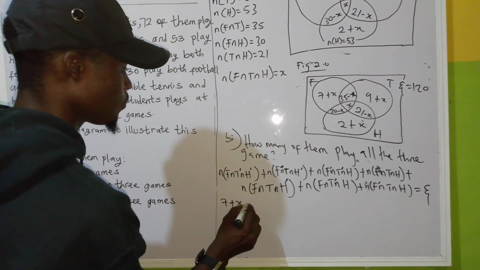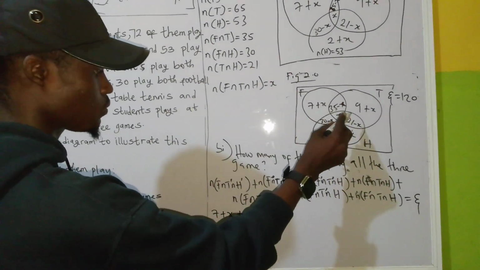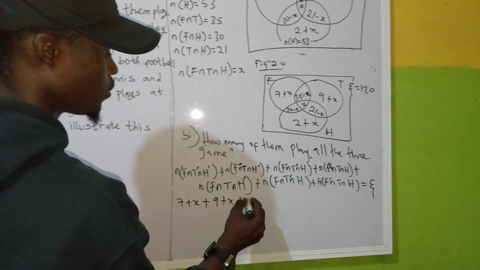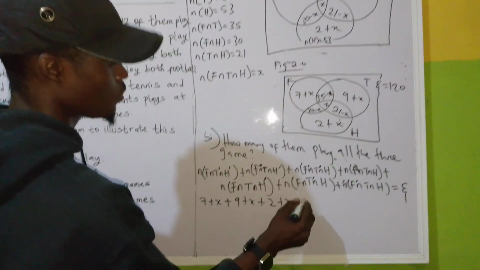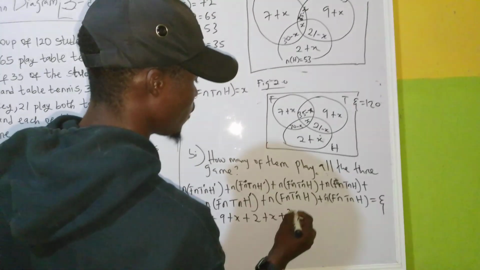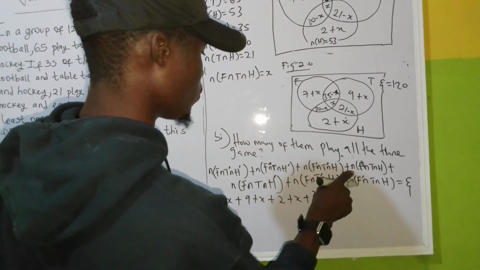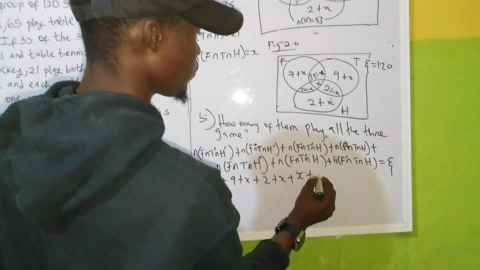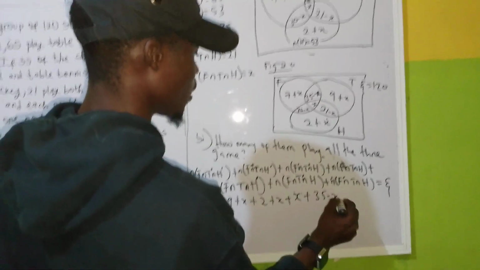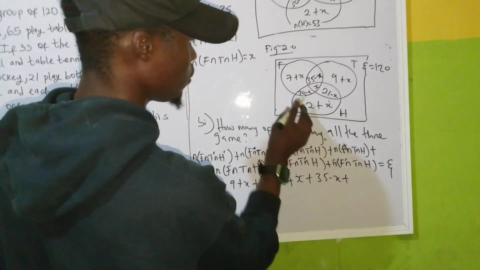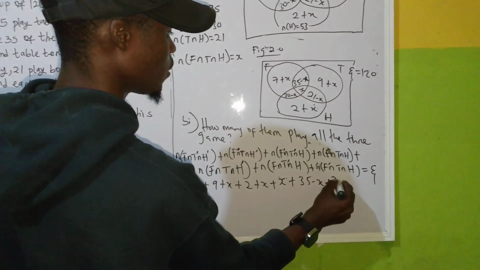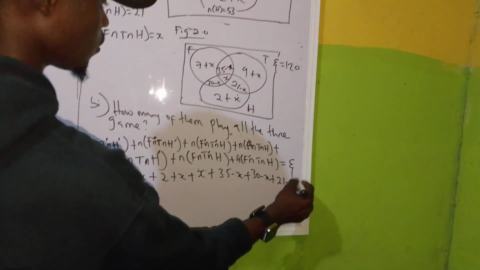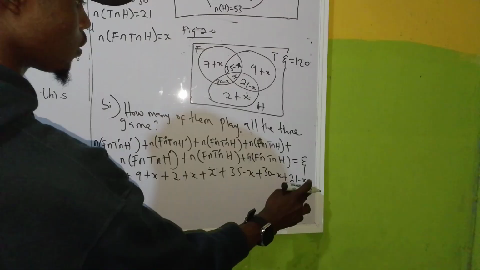7 plus x plus exactly this one, 9 plus x. Exactly hockey, 2 plus x, plus football and tennis, 35. Plus the 3, and football and tennis, 25 minus x, plus football and hockey, this is where football and hockey join, 30 minus x, plus hockey and tennis, 21 minus x, plus 21 minus x